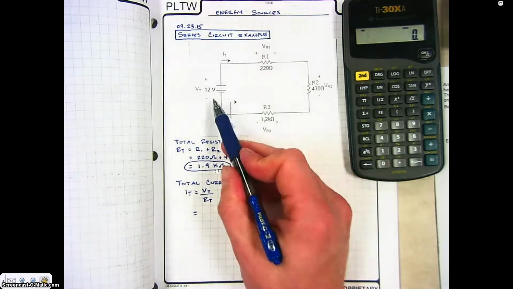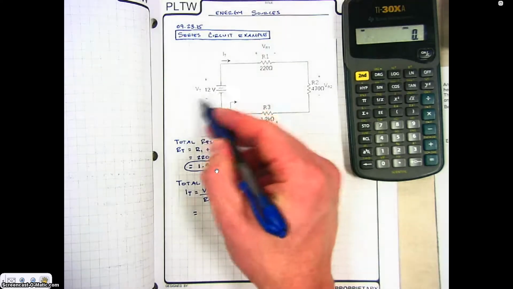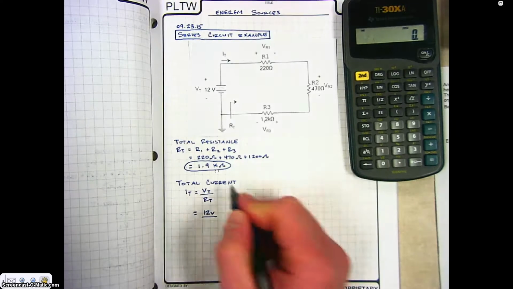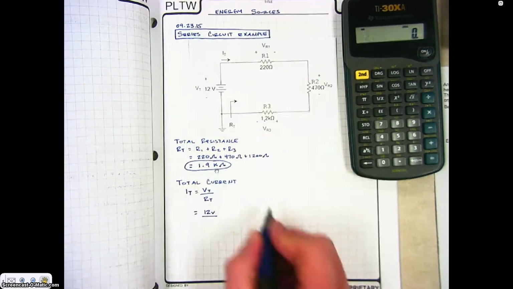The total voltage in our system is 12 volts. We know that by looking right here at the power source, it tells us the total voltage is 12 volts. We're going to divide that by the total resistance. We got the total resistance up here in the first step,